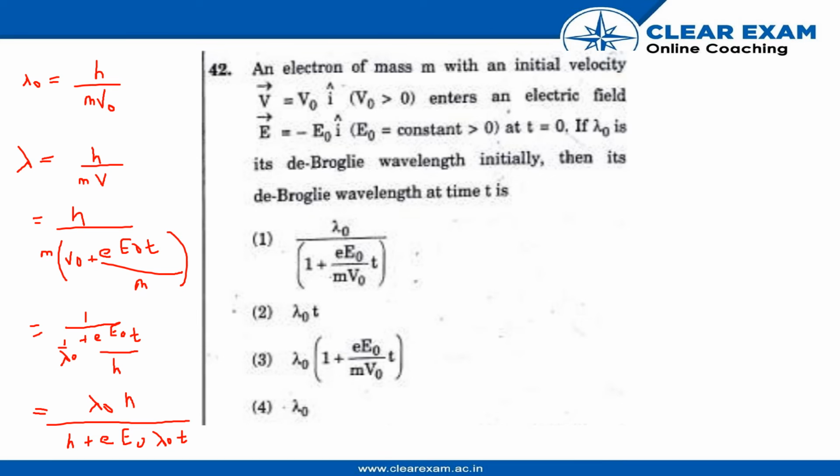Then again we divide this equation by h and we get λ = λ₀ / (1 + eE₀tλ₀/h),